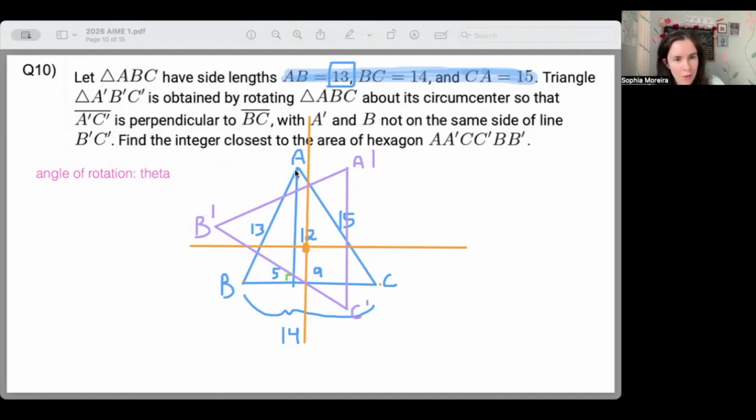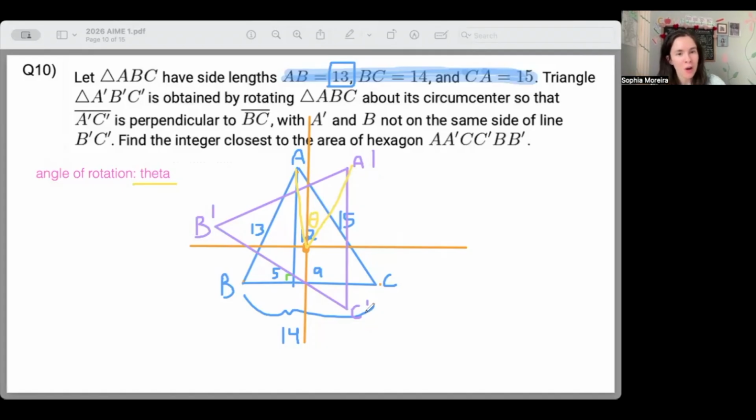The angle we have rotating this right here, by the way, that is our theta. So this is our little angle of rotation going from A to A prime. Now, the good news here, because we have that AC is going to be parallel to one of the axes and BC is parallel to one of the axes, therefore, we know that whatever new coordinate we get for A prime and C prime, we don't know exactly what the x-coordinate is,